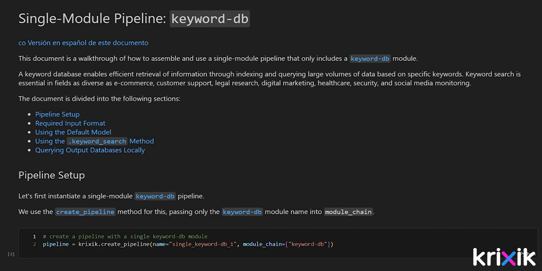that only contains a keyword database module. For context, a keyword database enables efficient retrieval of information through indexing and querying large volumes of data based on specific keywords. Keyword search is essential in fields as diverse as e-commerce, customer support, legal research, digital marketing, healthcare, security,